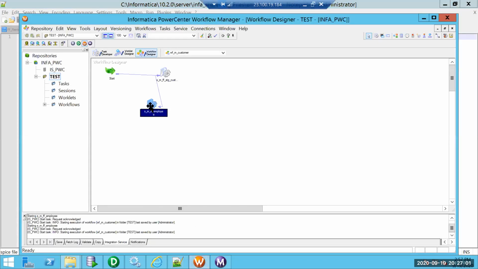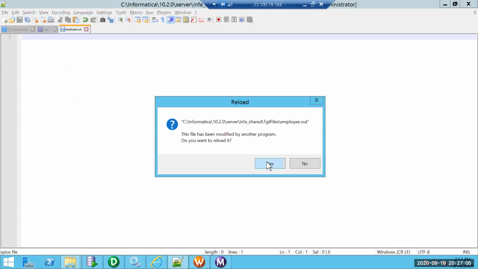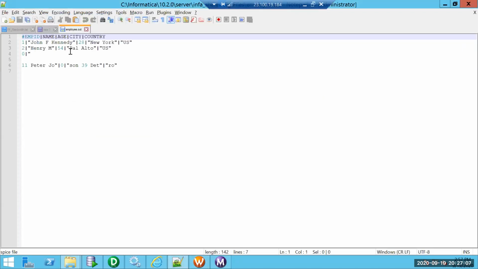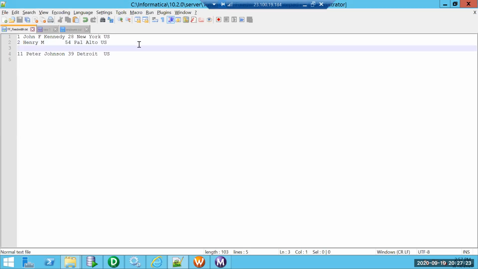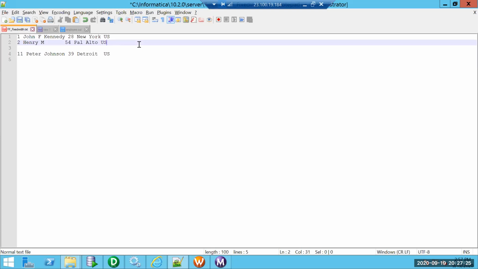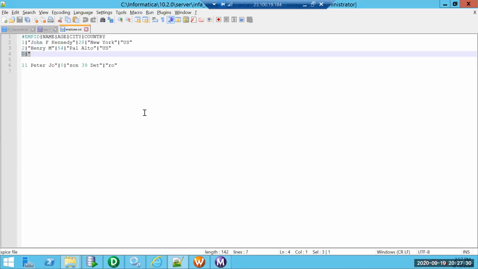If the data is not properly populated, it leads to such issues. 54, yeah, US, Palo Alto. However, why was this coming now? Okay, it is billing. Yeah, I understood this one. I had extra spaces here, so those are considered. Now should be fine. It's a data issue of how we populated it.